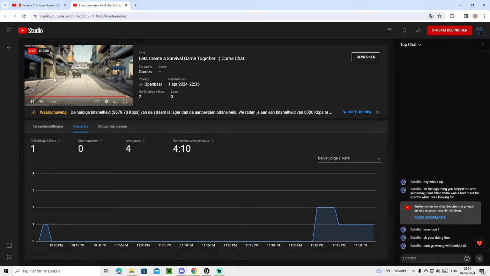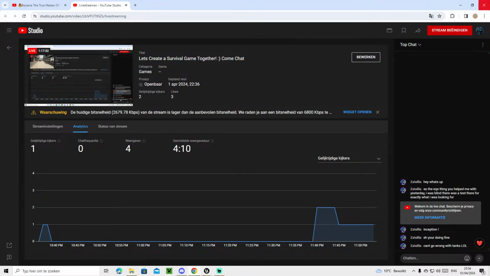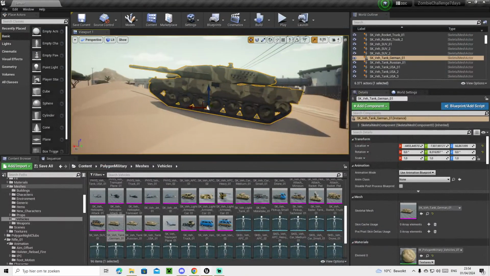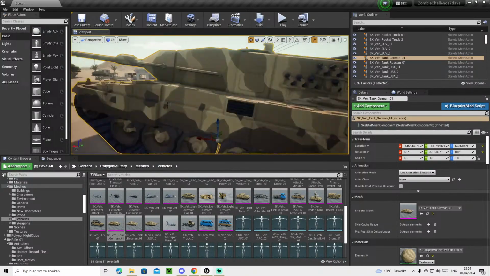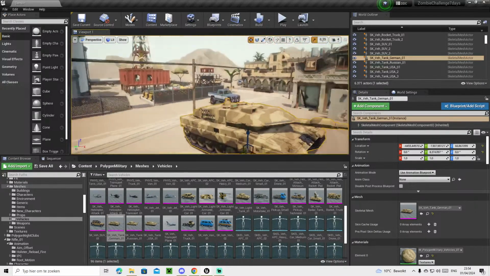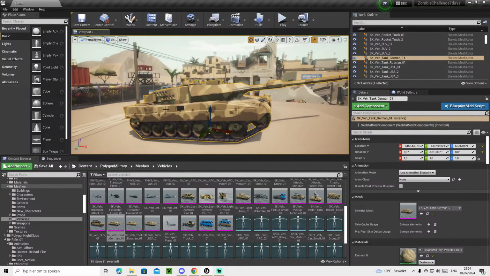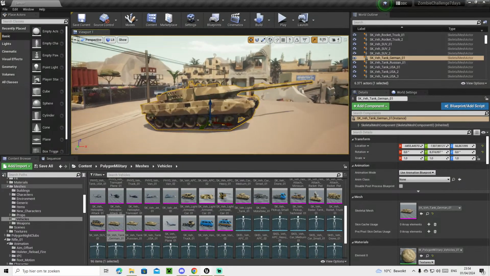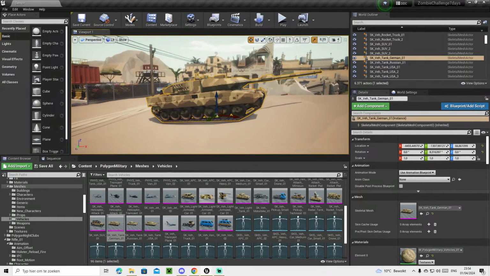Yeah, that's what I think as well, but the one thing I think would be really nice for a survival game like this is a player-driven economy. So if the economy is actually